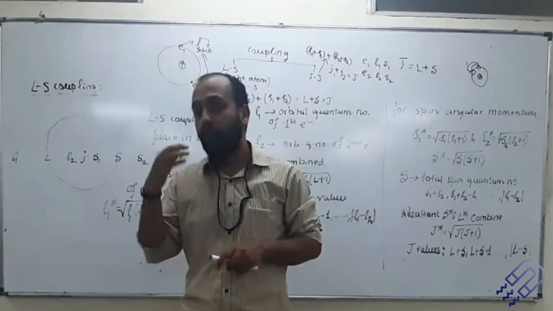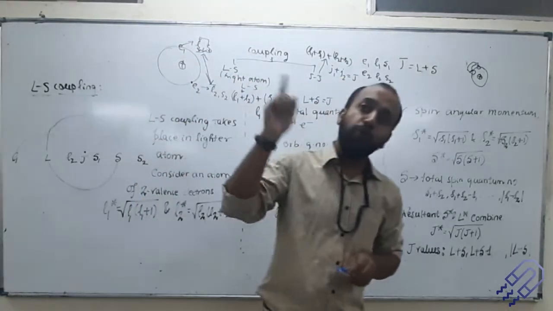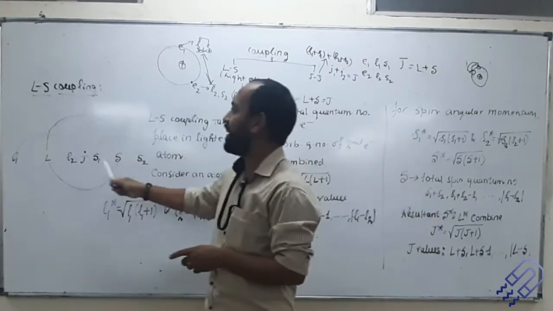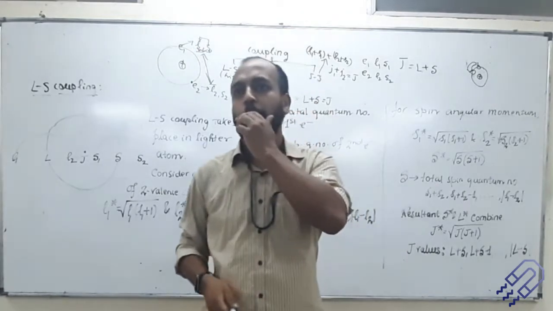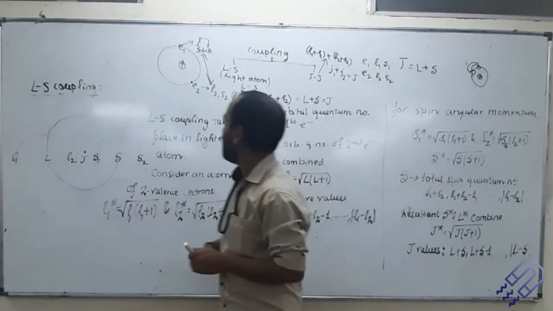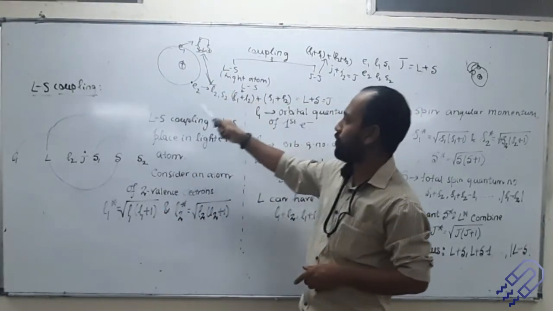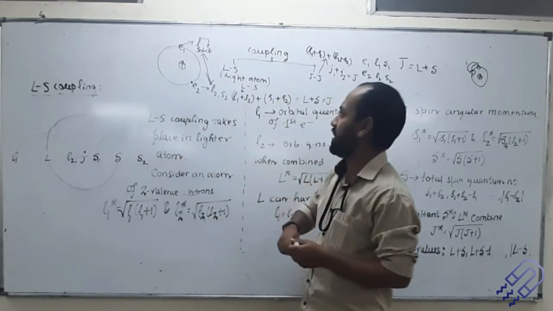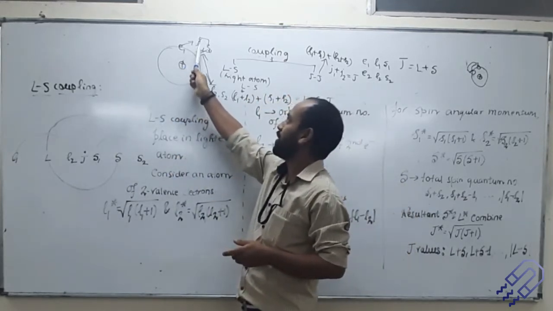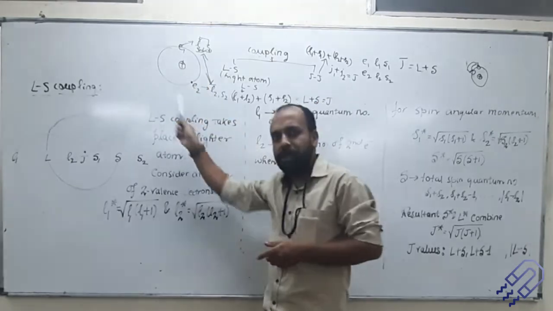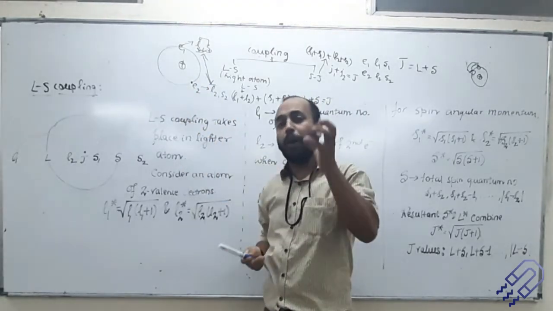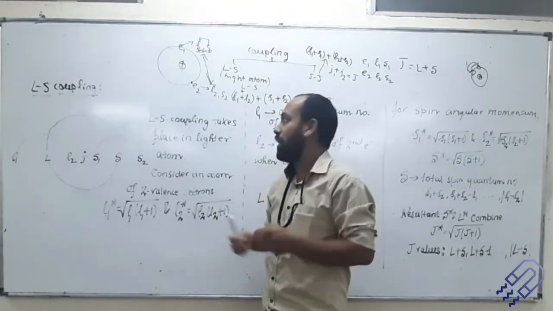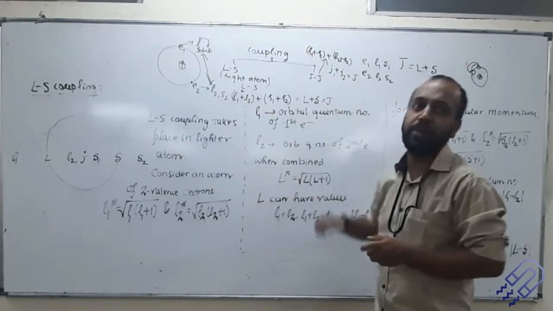We need to know a lot of things. Initially when Bohr worked on these models, he didn't have an idea about this spinning electron and so on. Okay? So after that, what did they do? They thought of a quantum model, and the quantum model says that the electron spin will have an effect, the electron orbital motion will have an effect, and the combined effect will give me the resultant momentum.